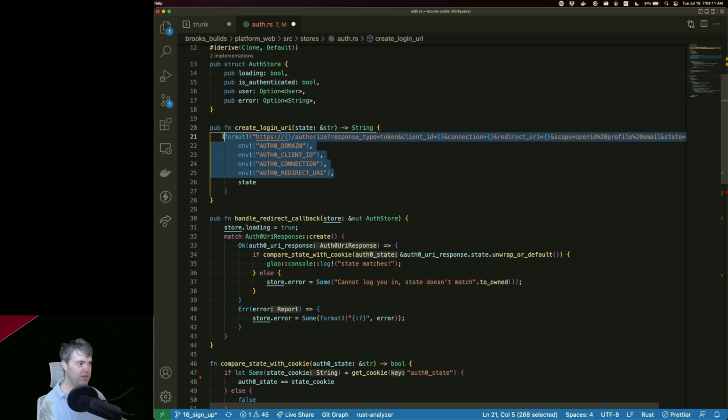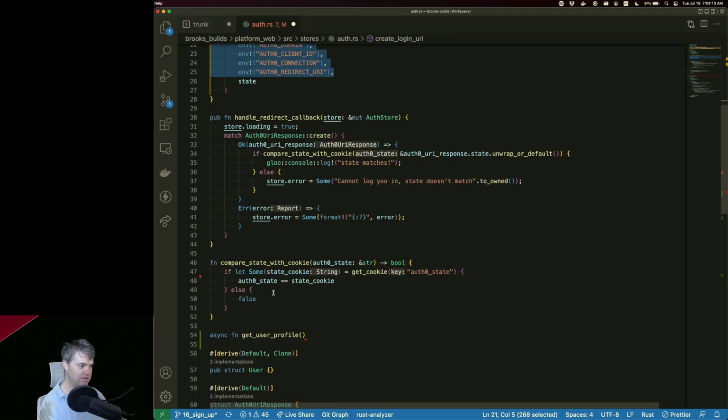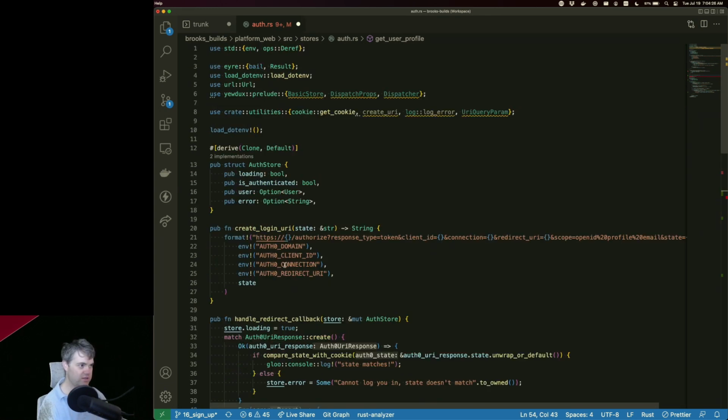I'm able to create the URL like this in there. I think the only thing I'm going to need is this token. And we're going to return this user.